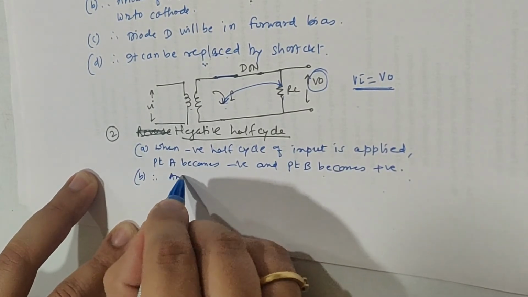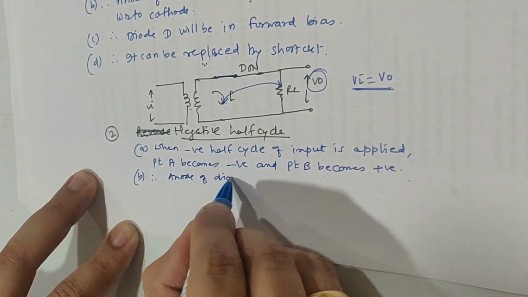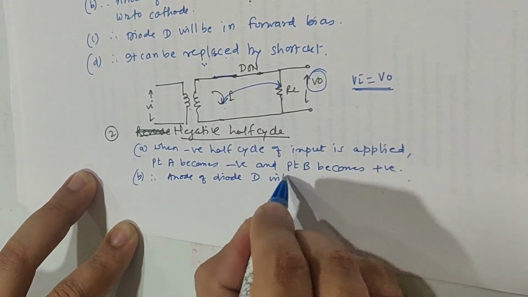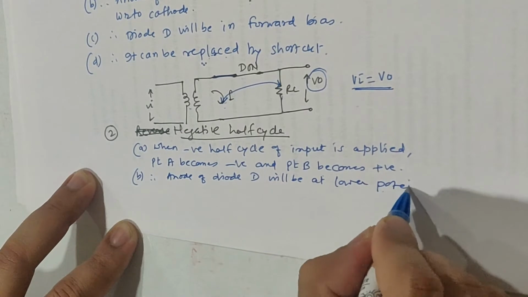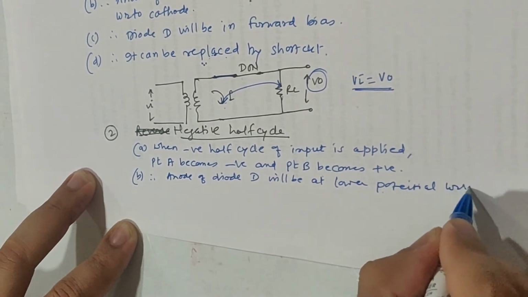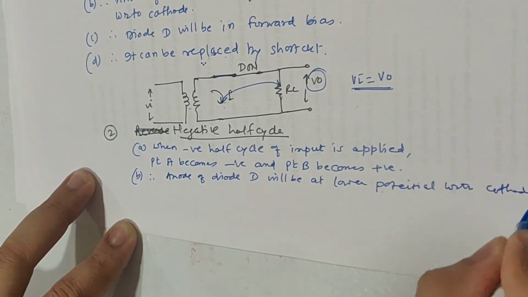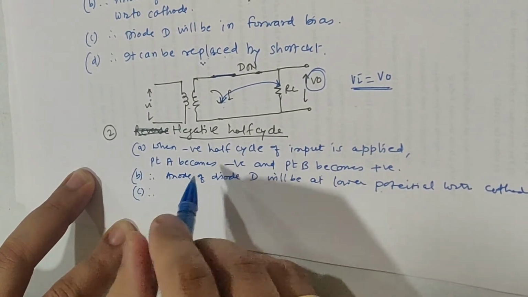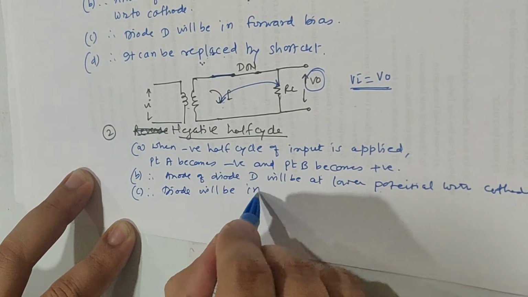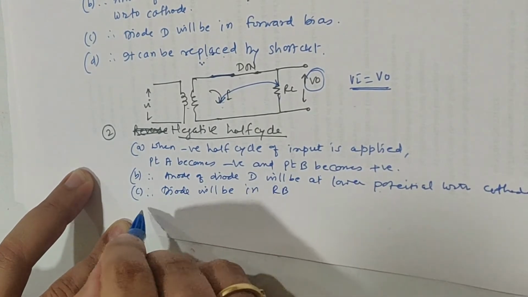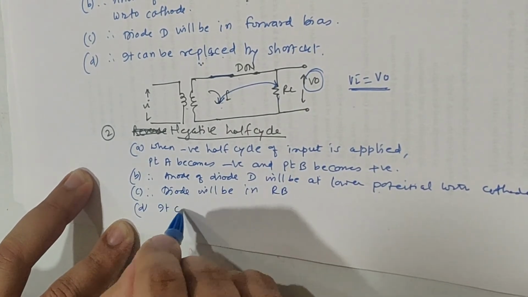Therefore, the anode of diode D will be at lower potential now with respect to the cathode. Therefore, diode D will be in reverse bias